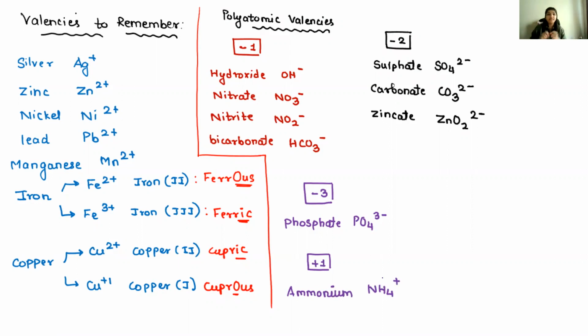It's very, very important. It's your choice how you want to remember, but you will not find these valencies from the periodic table, neither are they going to give it to you. You should know that ammonium is NH4, positive. Carbonate is CO3 2 minus, nitrate NO3 -1. I have given you a very crisp list which will take care of you till year 11.